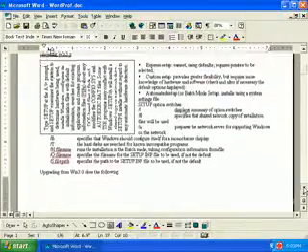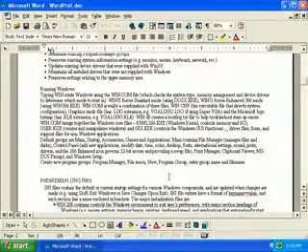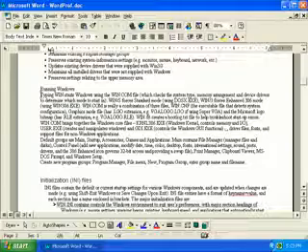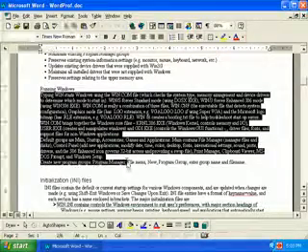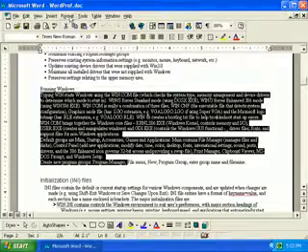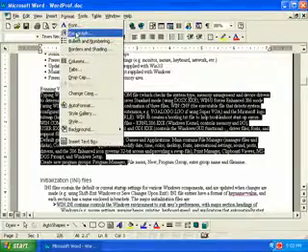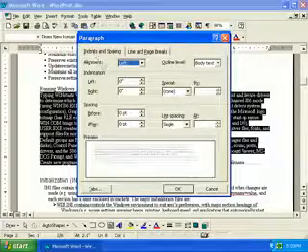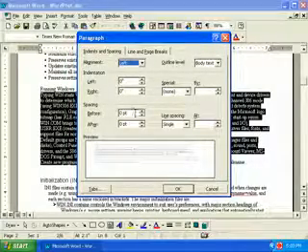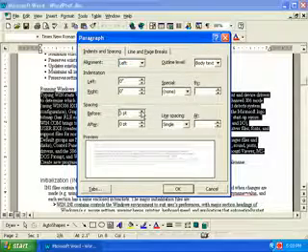Okay, let's scroll down to page 2 and select the text under Running Windows. And let's go to the Format menu, Paragraph, and click the up arrows for before and after to select 6 points. That's under the heading section of spacing. And then we'll click OK